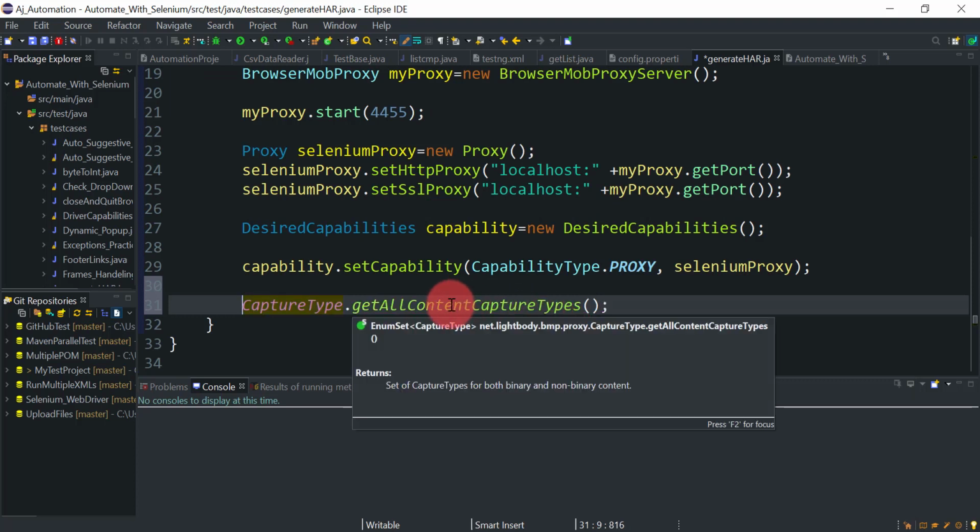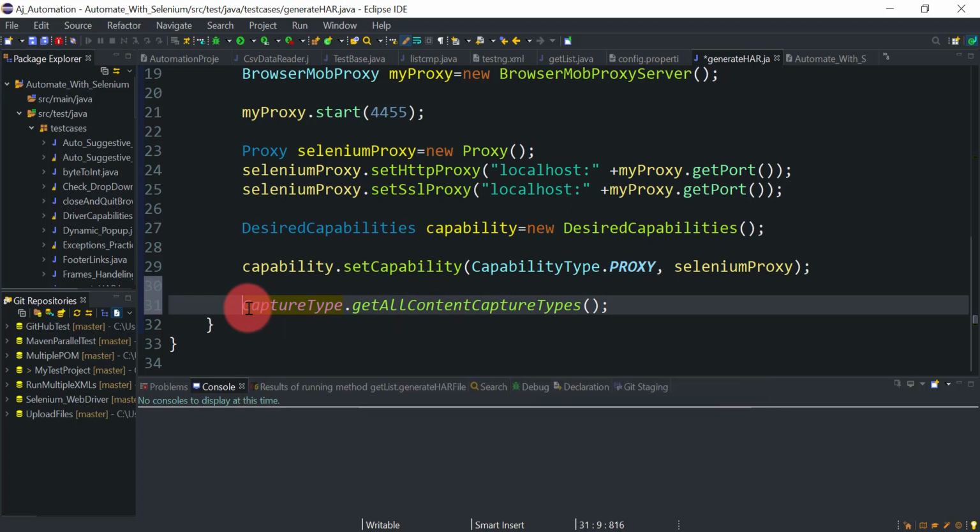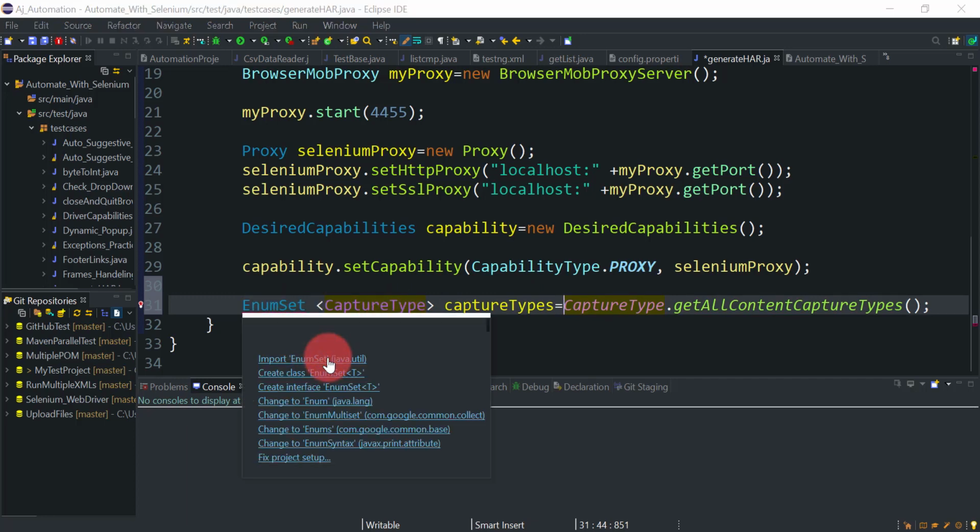This is going to return an enum set, so I need to save it in an EnumSet reference. The thing we are going to save is CaptureType, and I will give it the name captureTypes equal to. You need to import this from java.util.